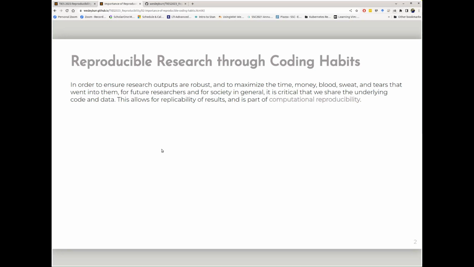Because there's been way too many cases of genuine errors, not maliciousness, but errors by scientists, because they make mistakes. And without the data, without the code, I can't check your work. I can read your paper, but I don't trust that you didn't make a mistake. I make mistakes all the time. And so that replicability, this idea that all of the results should be computationally reproducible, that's incredibly important.